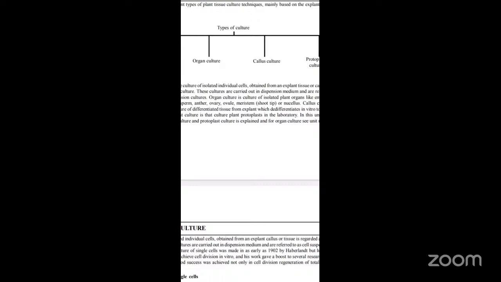When a new suspension culture is started, it is necessary to determine the